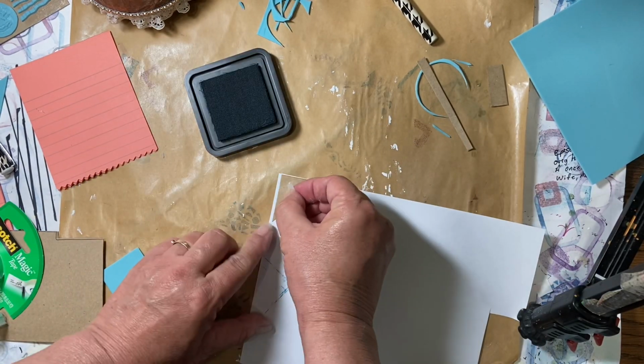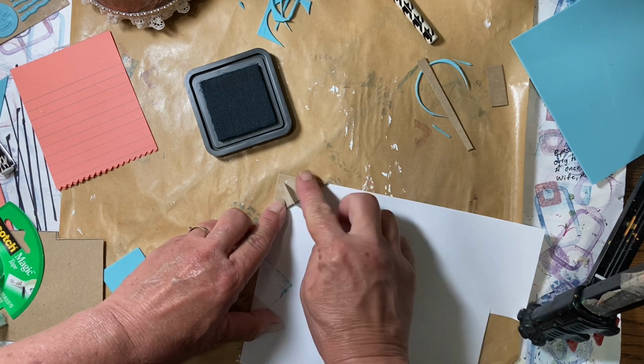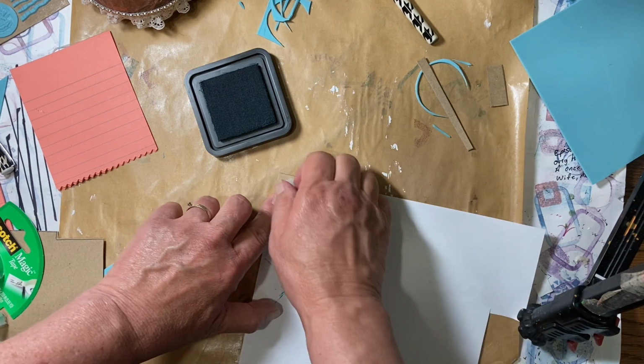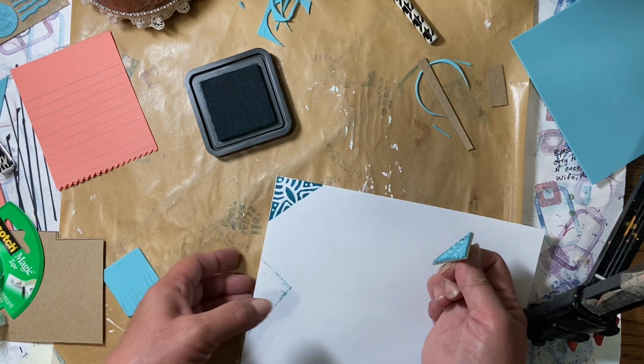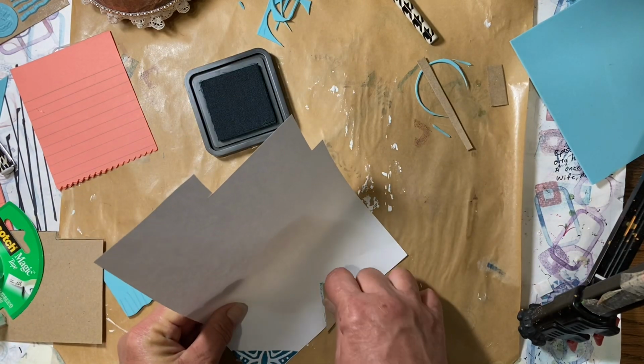And then I'm going to put it right here in the corner. But you can just wipe it off with a wet paper towel is all you need. Ooh, that's so pretty. Or you can stamp it off. I'm going to stamp in the spot where I...